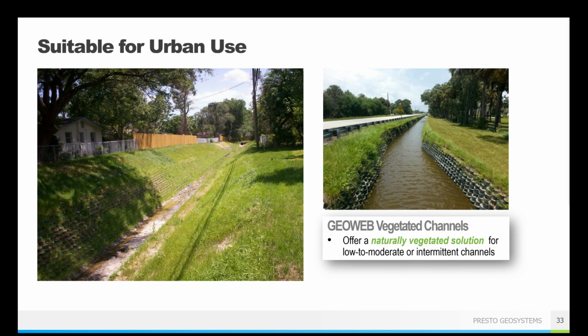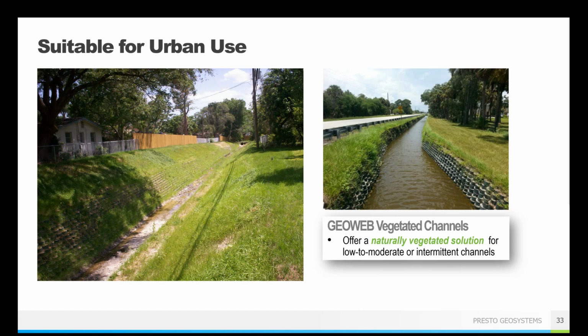In this case, they left the channel bottom as is. So this is a natural stone channel bottom, and then they built up retaining walls for the GeoWeb on the side. They did a little bit of concrete on the bottom and then vegetation above that. So again, that's where you have that flexibility.